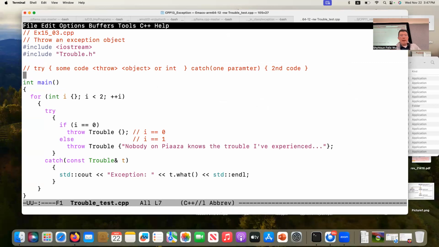Okay, this is a program, this is a syntax. Remember, you have to put a try clause. Within the try clause, you have some throw, and then you try to do catch, and then sometimes you have another piece of code to handle that. Okay, I do want to say that